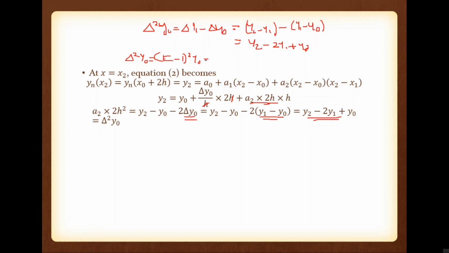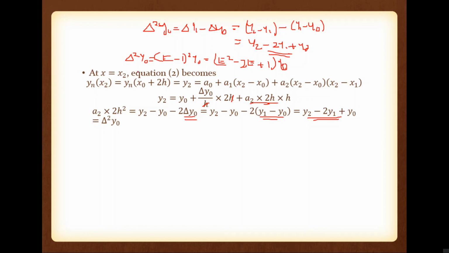Okay. So please go through the last class. So delta is e minus 1. So delta square is e minus 1 whole square into y0. So the expansion of this one is e square minus 2e plus 1 into y0. So e square y0 means the second next value of y0, that is y2, minus 2 into e y0, which is the next value of y0, that is minus 2y1, plus y0. Okay, so two ways you can derive this term.